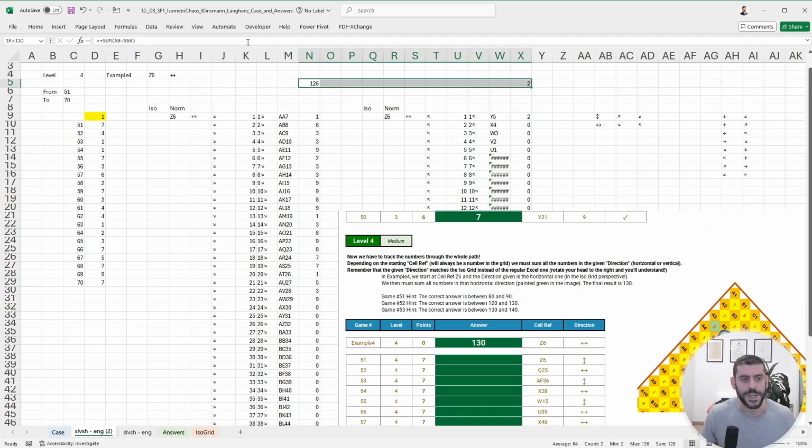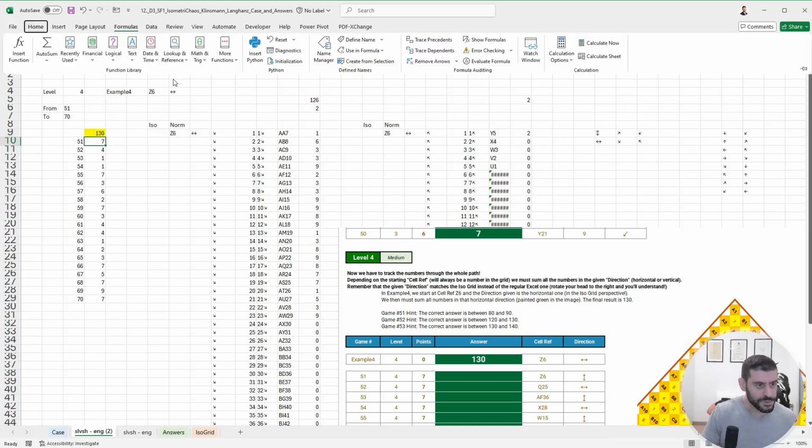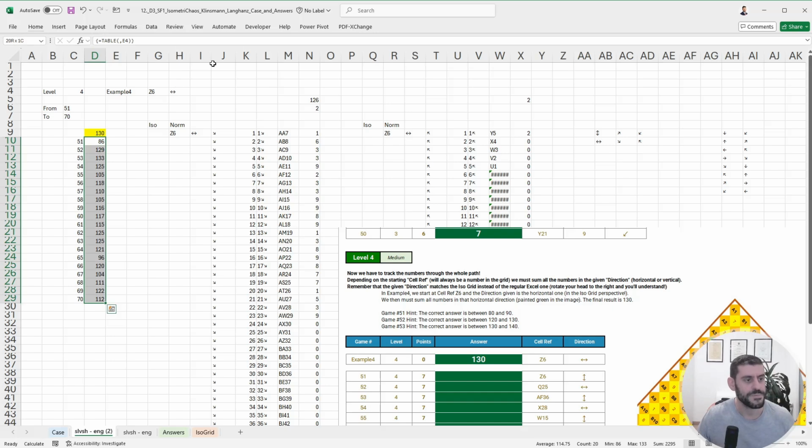Okay, this is 128 because I realized I was missing the starting cell. So what I did is just doing a simple indirect of ISO grid and the starting cell and doing the sum. So this plus this plus this, and I'm curious to see what happened. Please don't tell me I forgot to change the, my god,